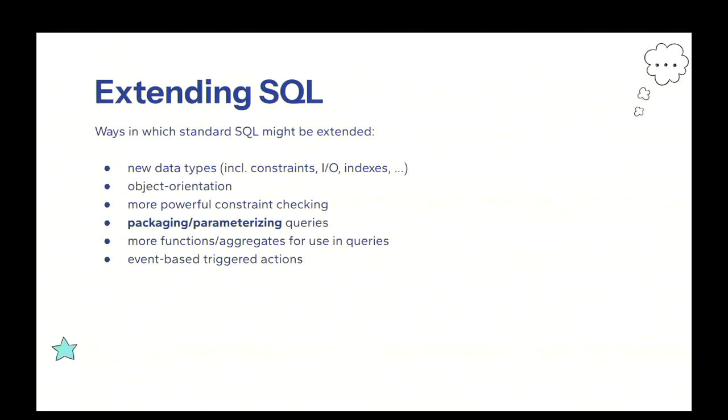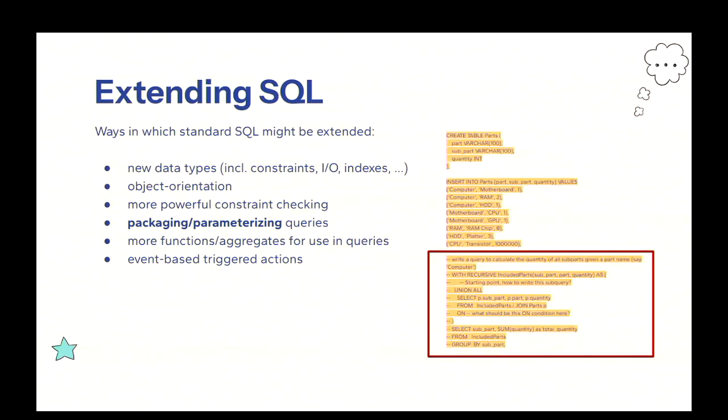We can also package or parameterize queries, and later I'll show you why we need to do this. This is done by SQL functions. Of course, we want more functions or aggregates to be used in queries. And sometimes we want event-based triggered actions, and that will be covered later in this course as well.